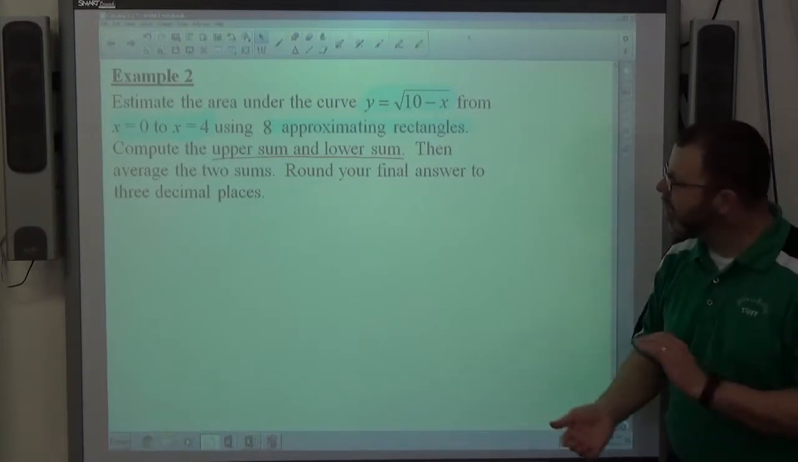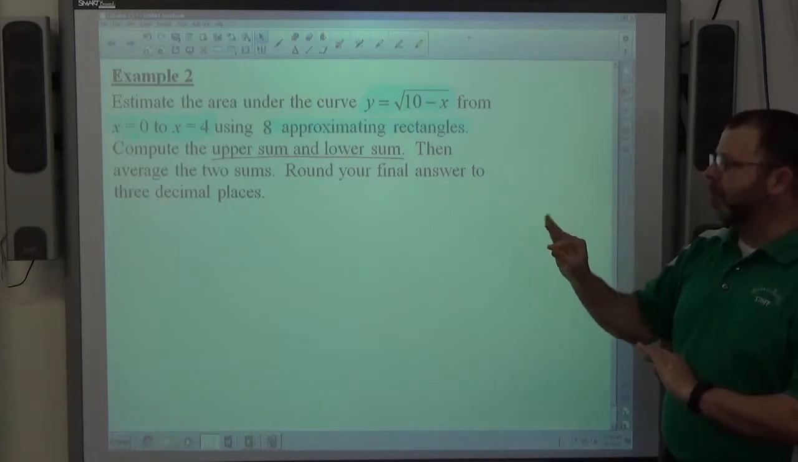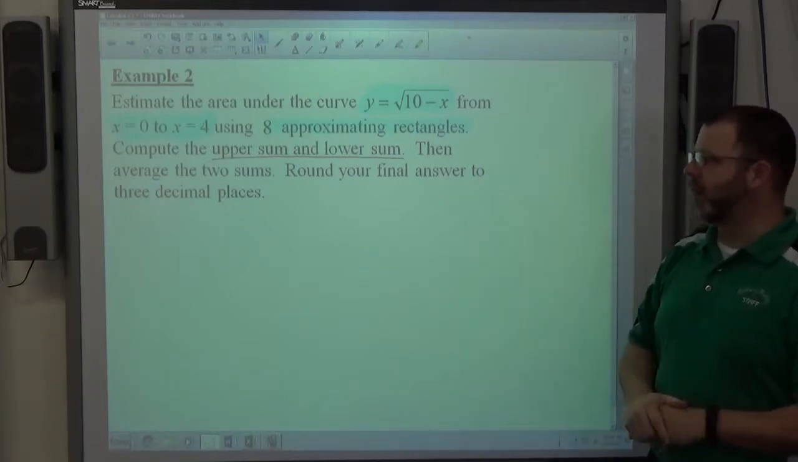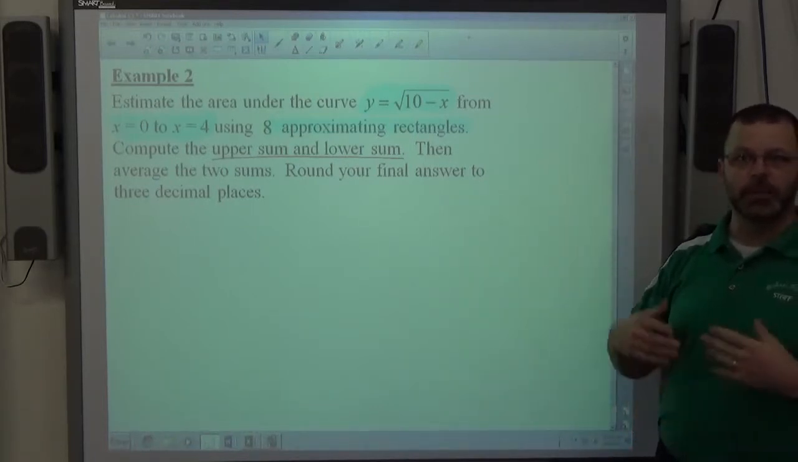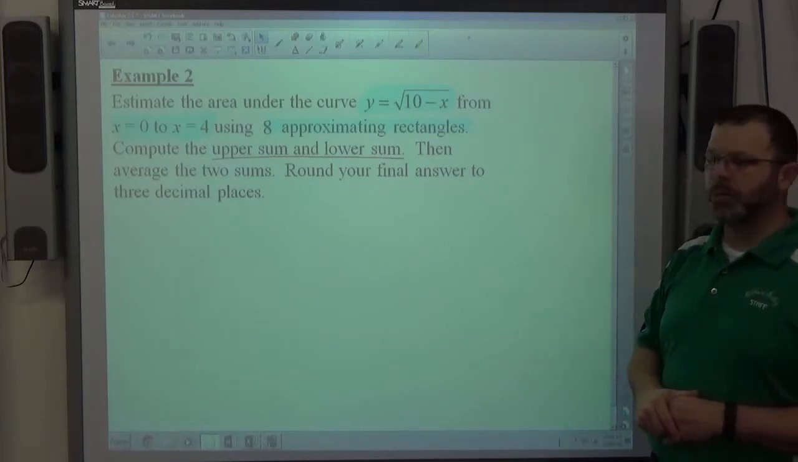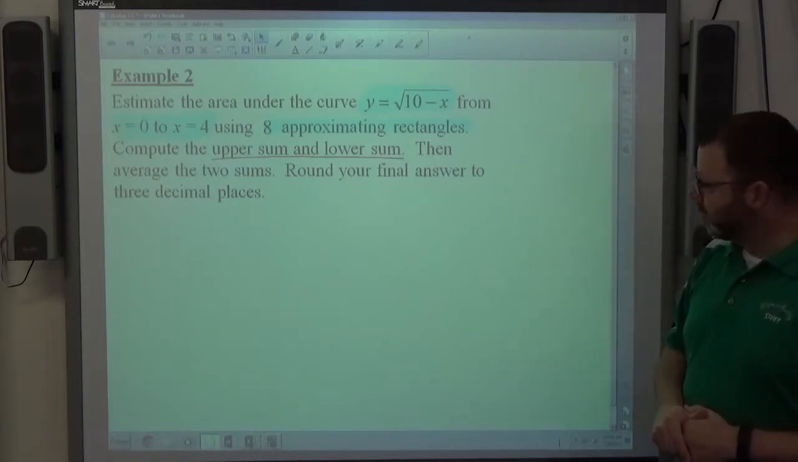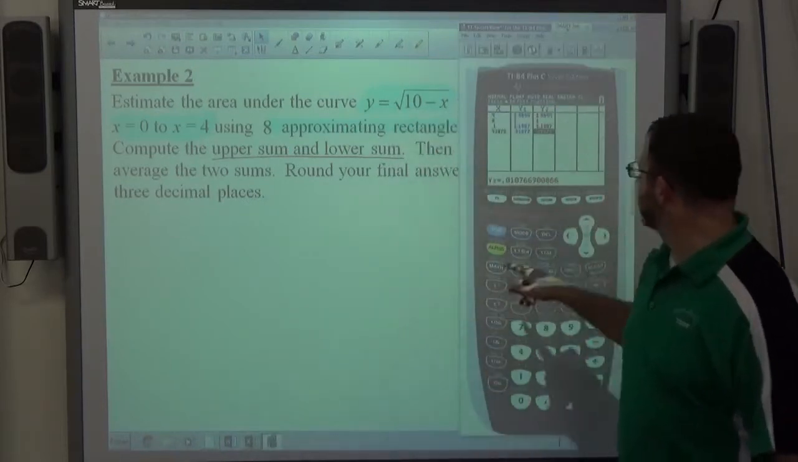So we're going to compute the upper sum, compute the lower sum, average the two sums, rounding our final answer to 3 decimal places, which is what's going to be the approximate area under the curve y equals the square root of 10 minus x. Just to give you a visual of the square root of 10 minus x,